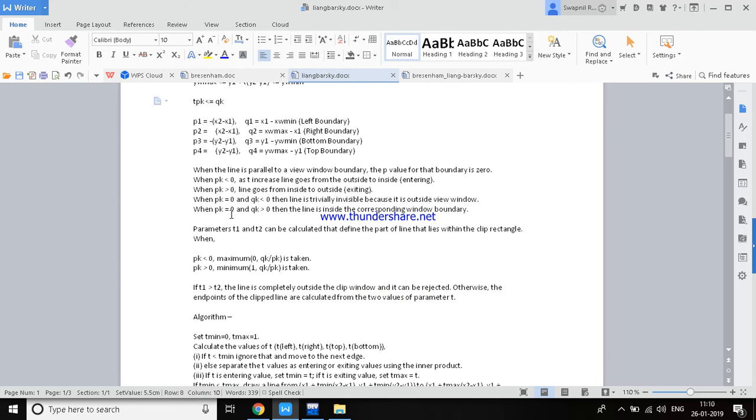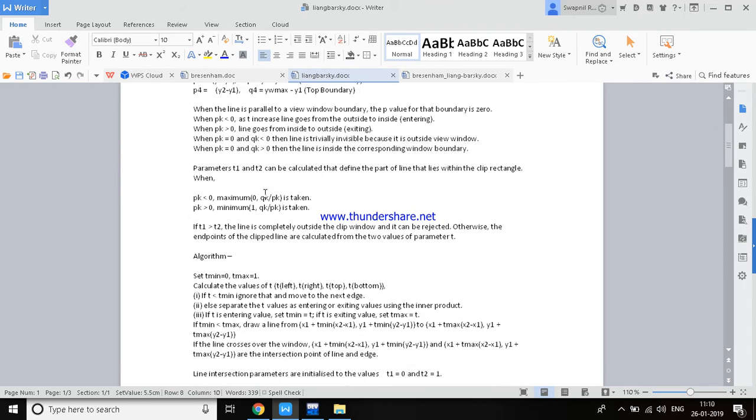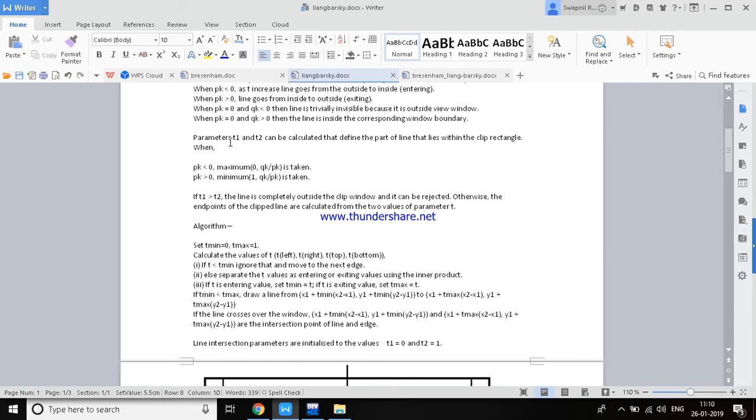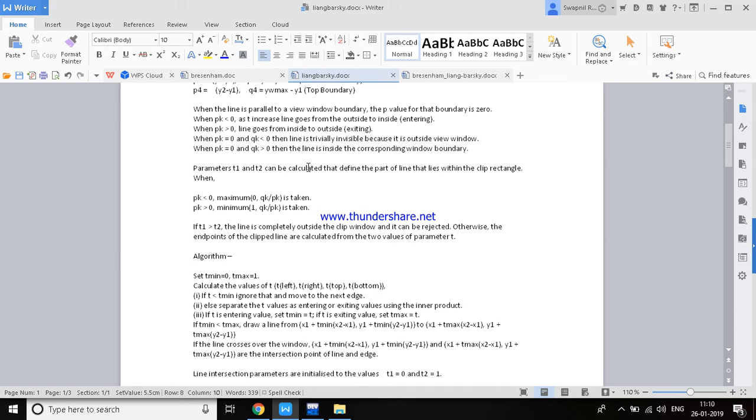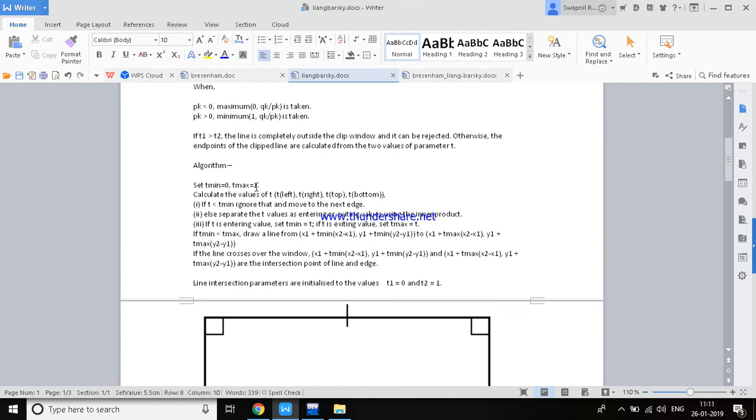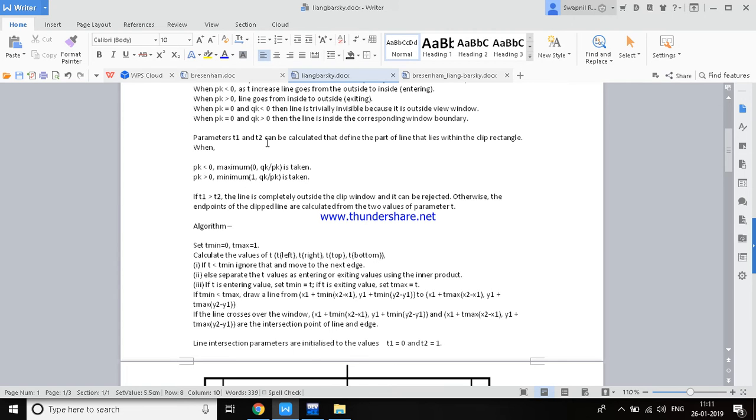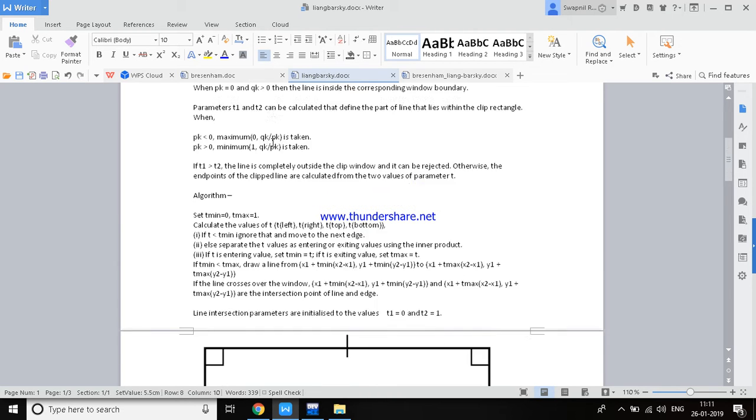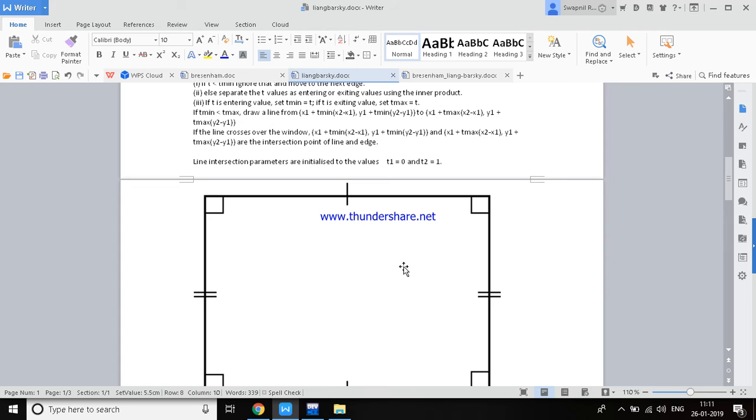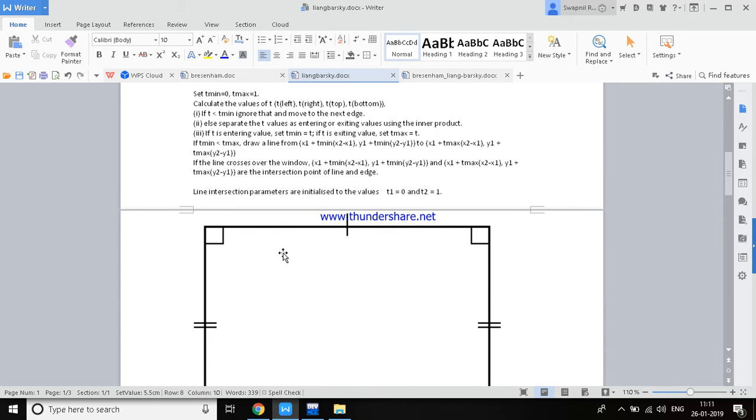So that's how we will be judging for all the edges. We will be judging the line, whether it is parallel to any edge, or whether it is going inside through the edge, or it is just outside. Now we also have two different parameters here, T1 and T2. For any edge, the parameters T1 and T2 are to be considered only when the line is not parallel to the edge, and it is going